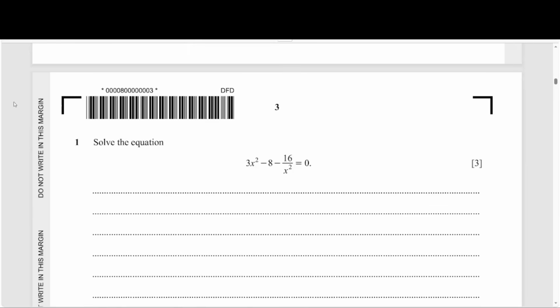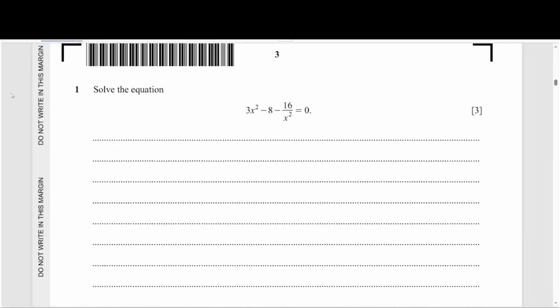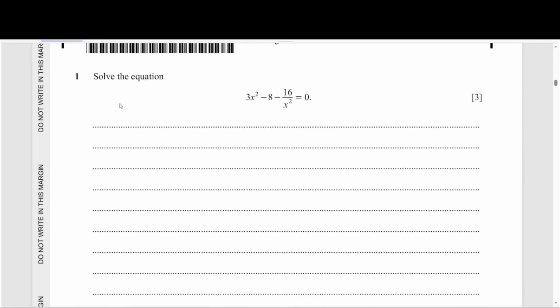Question number 1. Solve the equation given over here. We know you're going to multiply through to clear the fraction. You're going to multiply through by x squared, and you end up having a quadratic equation in x to the power 4, which in the end you're going to write as x squared and then all squared and do some substitution. So I'm going to start the substitution straight ahead from here. We'll let